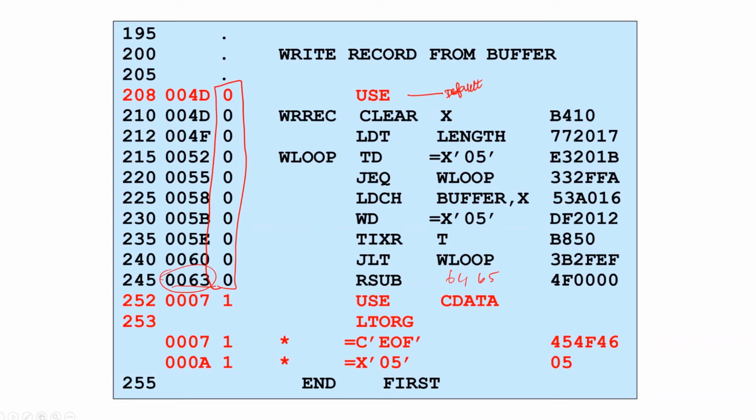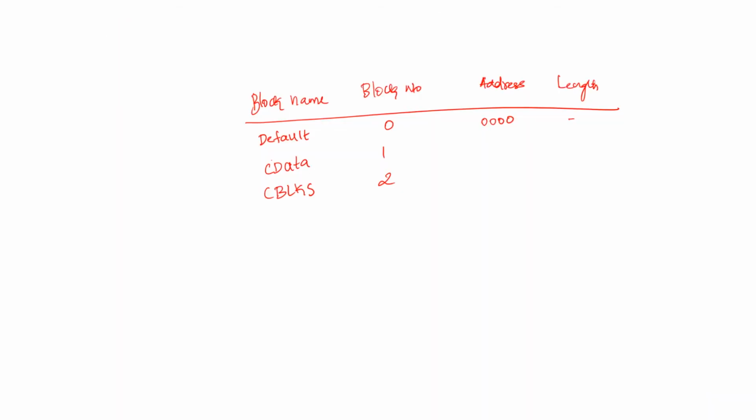So the length will be 0, 0, 6, 6, right? After block 0, block 1 starts. So the starting address is 0, 0, 6, 6.